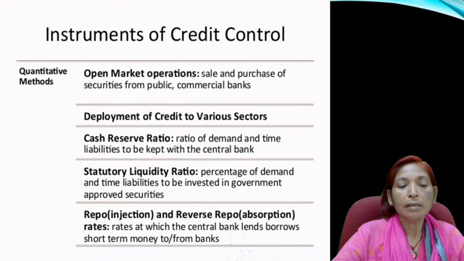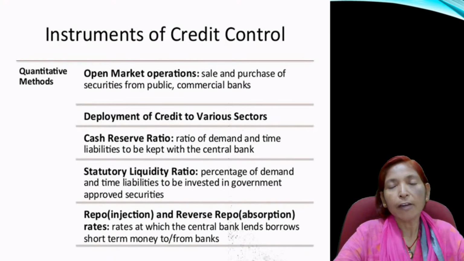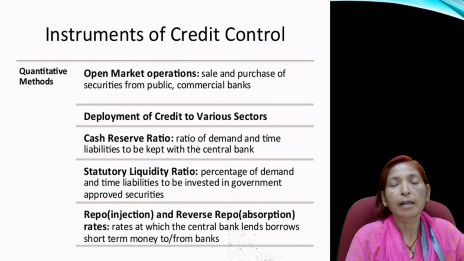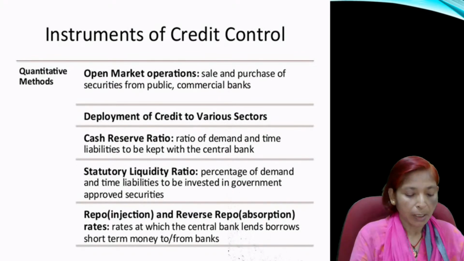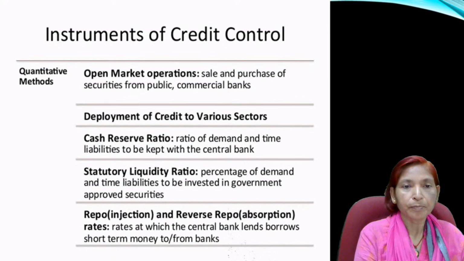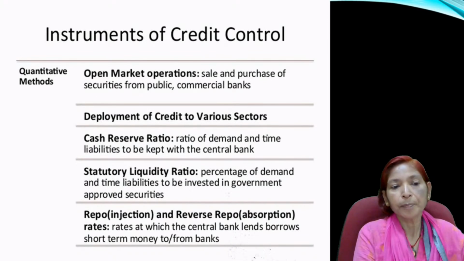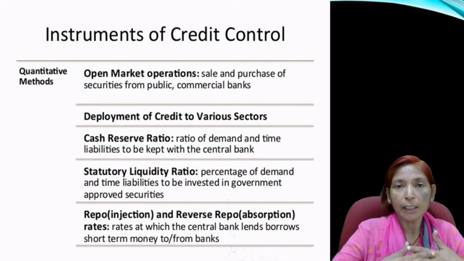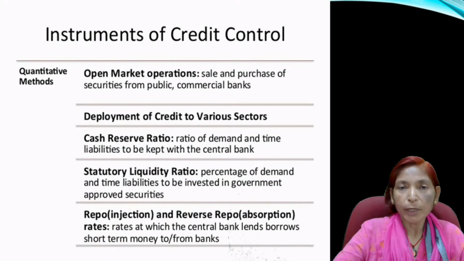And if SLR increases, credit creation will be less, and if SLR decreases, then credit creation will be more. It means that credit creation depends upon CRR, SLR, open market operations,